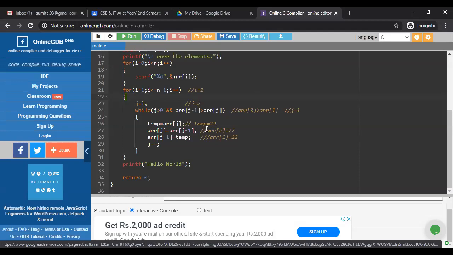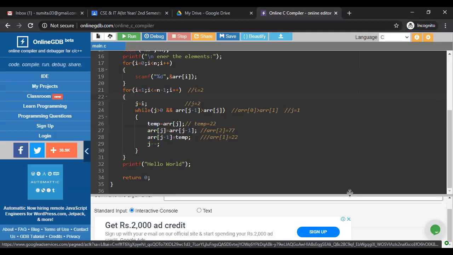One more thing, if I write 0 here, the position is 0 minus 1. There is no existence of any negative number in array indexing. So basically this would be ARR minus 1.